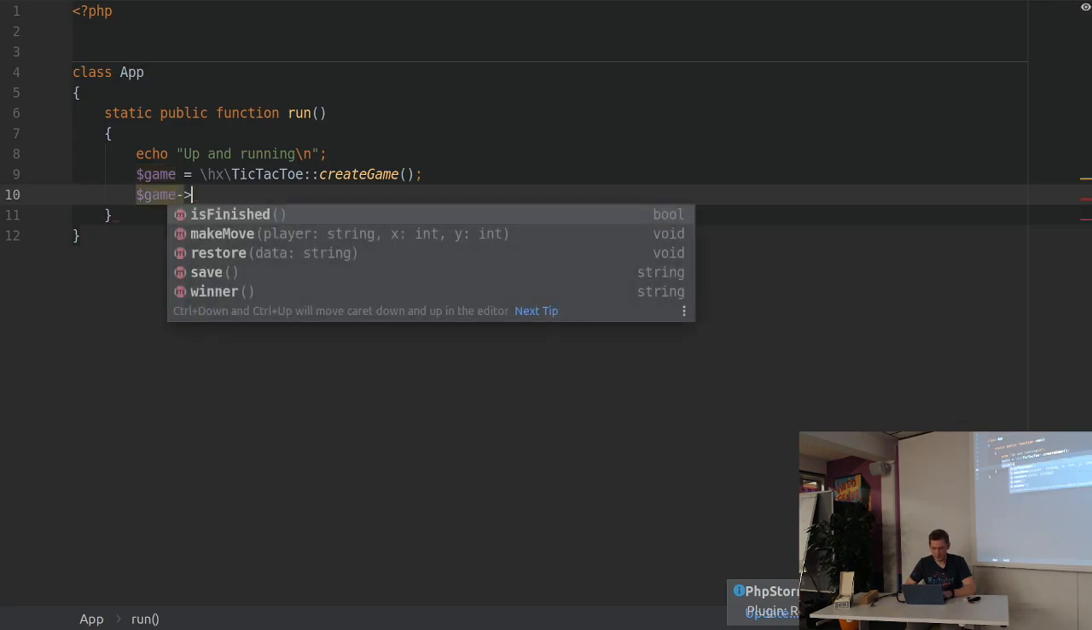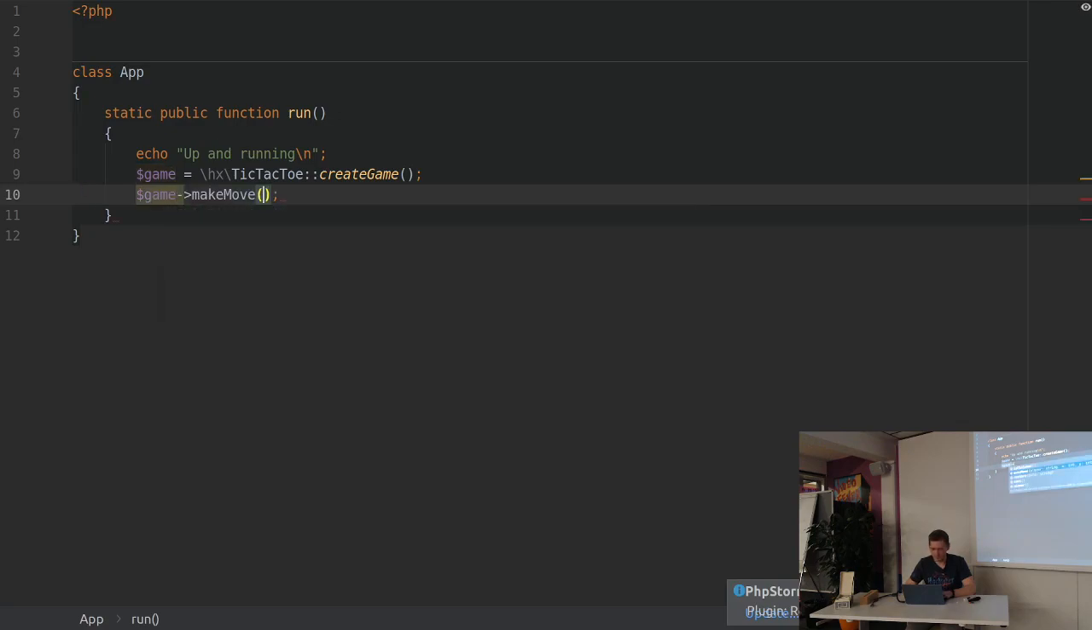I've created a game. Now I can make a move as X player and place that X to the field coordinates, like for example 0, 0. That's like top left corner of the tic-tac-toe field. As you can see now,